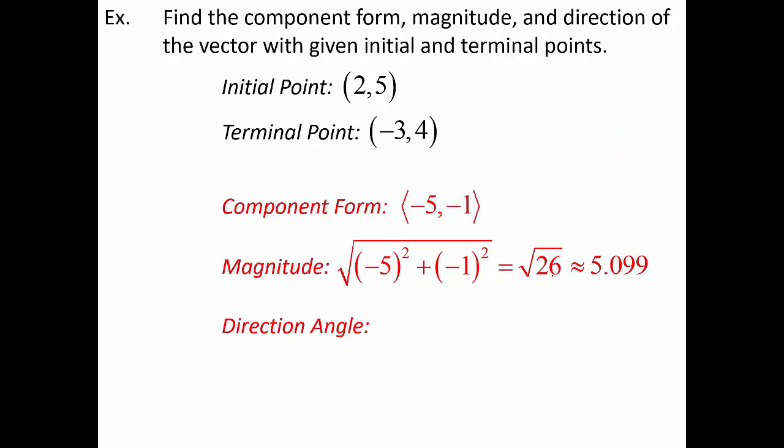Now the direction angle. Again, we'll just use our inverse tangent formula of b over a, -1 over -5. Before I type that in my calculator, I'm going to take note that -5, -1 is in quadrant 3. If I'm in quadrant 3, my adjustment is 180. Remember, quadrant 3 is still attached to the x-axis on the left side of the coordinate plane. So the x-axis from quadrant 3 is 180, so 180 is my adjustment. Type that in the calculator, you should get